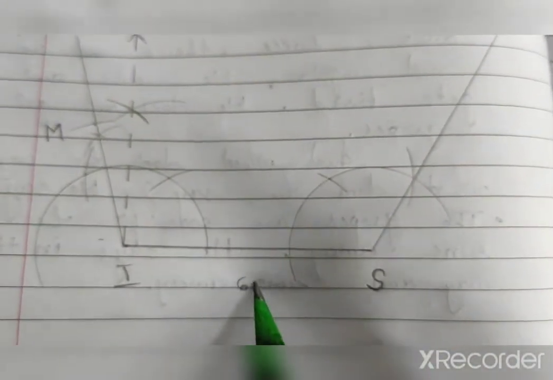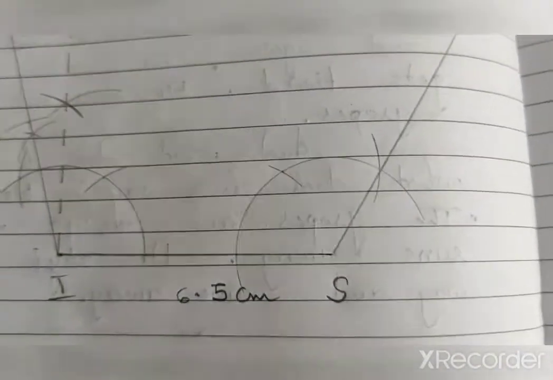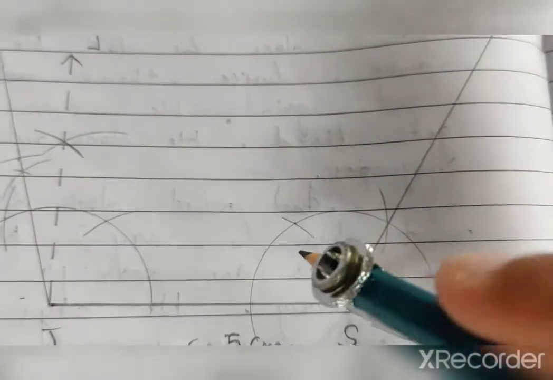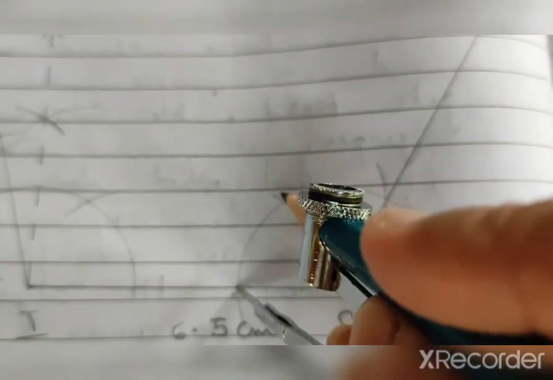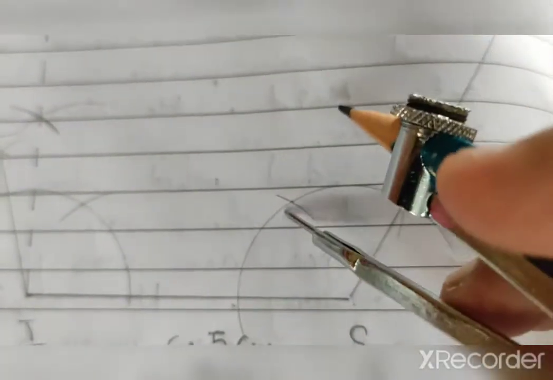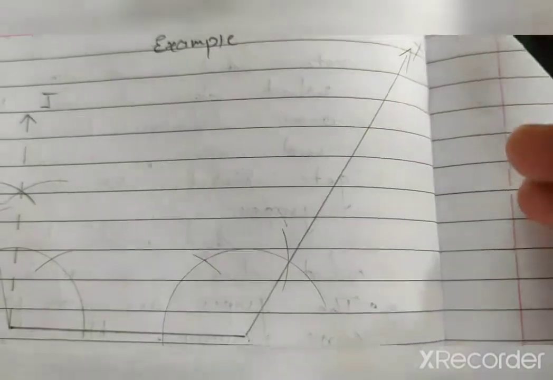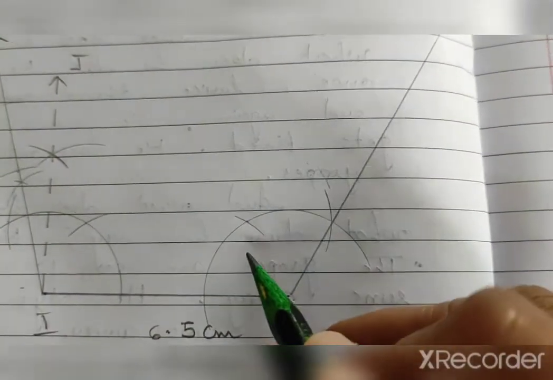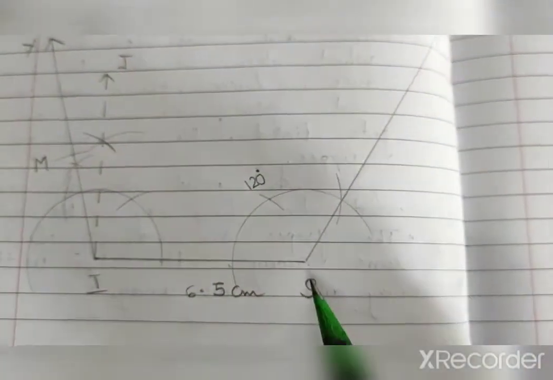First I have drawn MI, 6.5 centimeter. Then afterwards what I have drawn, suitable radius and draw an arc. Then intersecting point you are getting, draw an arc. Then again 60 degree you will get, okay. Then here you will get 120 degree, and a ray you will draw. So you will get 120 degree angle.